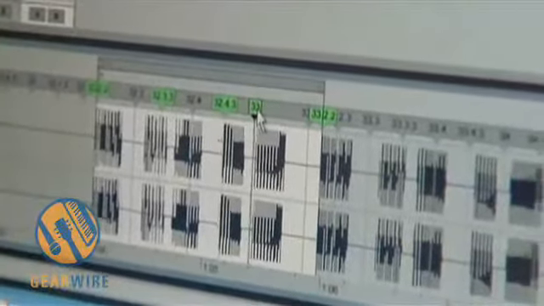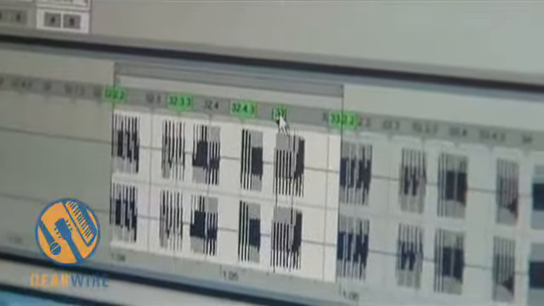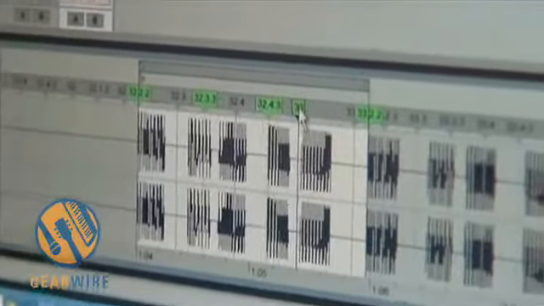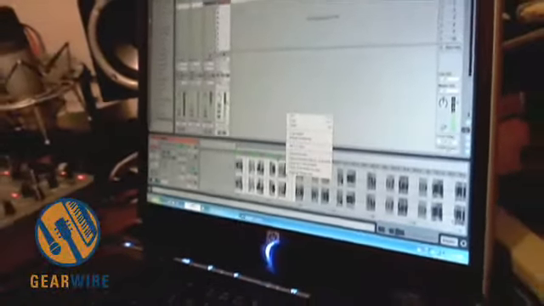You can do a lot of really cool effects with time stretches. And if you want to